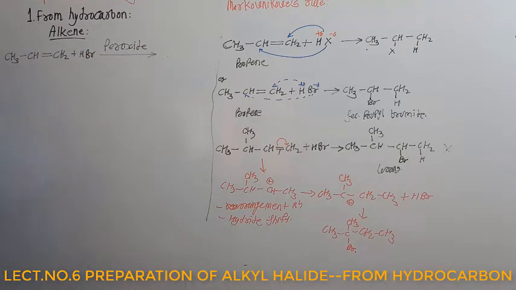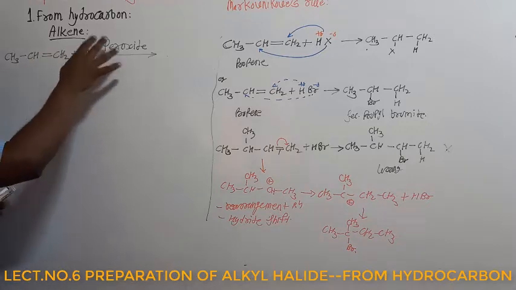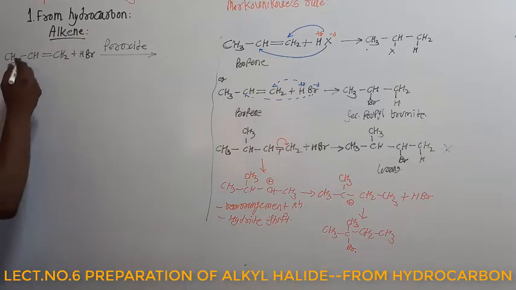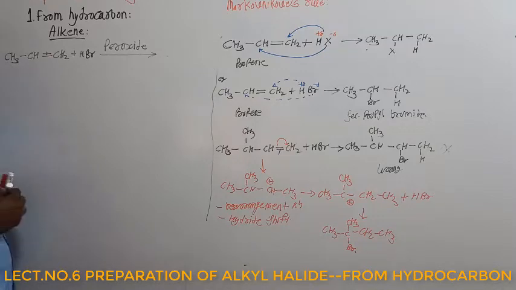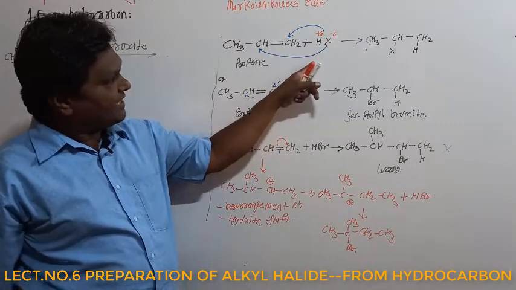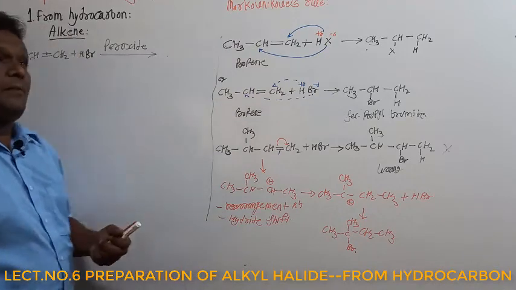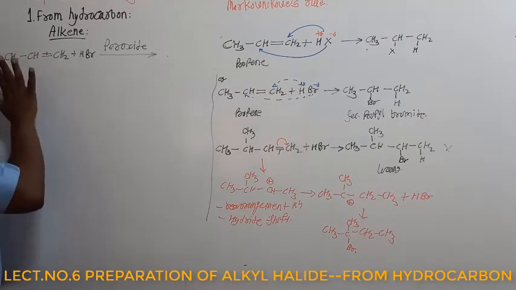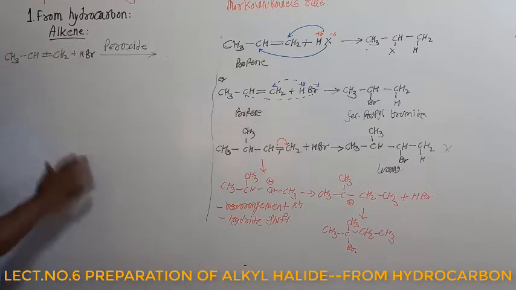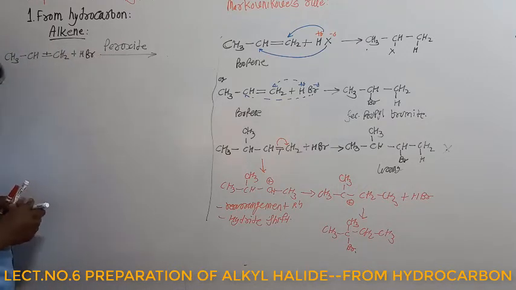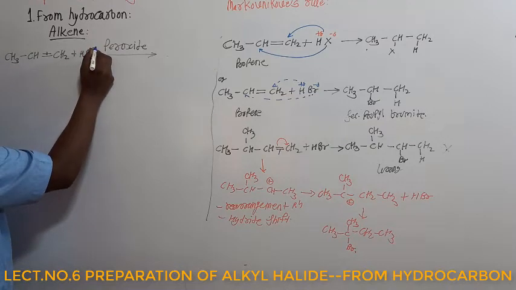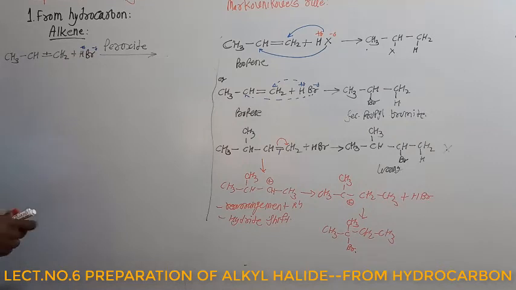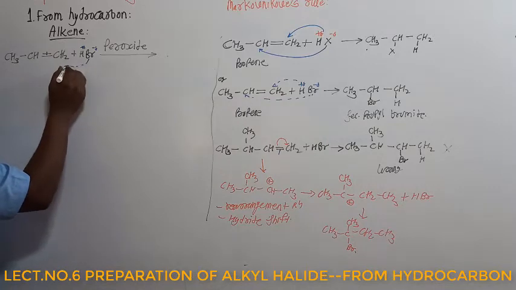Let us see what you're going to get. Now if I'm going to carry out this reaction in the presence of peroxide, the first thing is the single bond is going to break as usual. Now according to Markovnikov's rule, the negative part of the reagent goes to that carbon atom which contains less number of hydrogen atoms. But if you carry out this reaction in the presence of peroxide, something inverse will happen. According to this, when an unsymmetrical alkene reacts with an unsymmetrical reagent like HBr in the presence of peroxide, the negative part, which carries a delta negative charge, while this carries a delta positive charge, the negative part of the reagent will attach to that carbon atom which contains more number of hydrogen atoms.